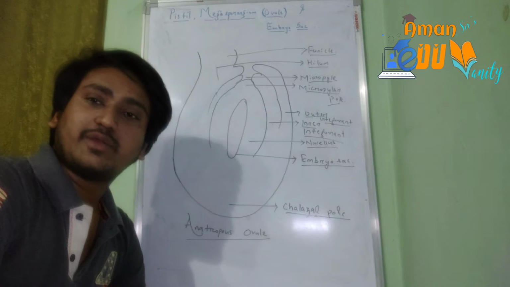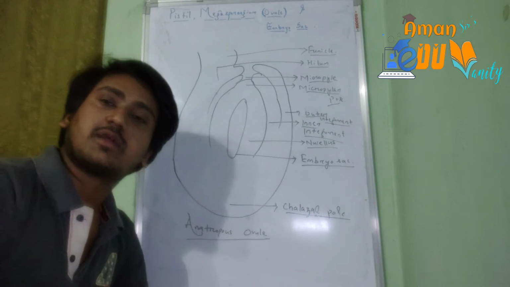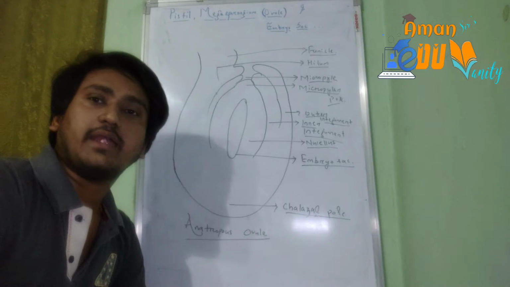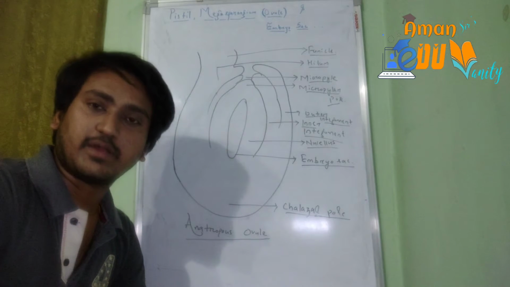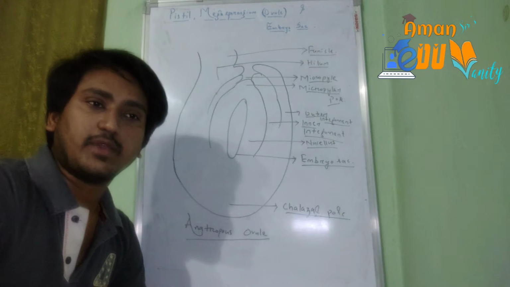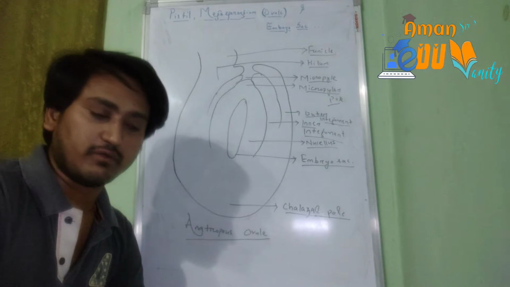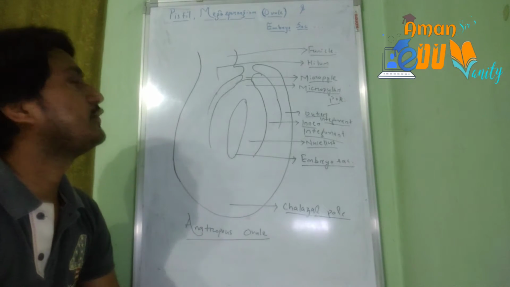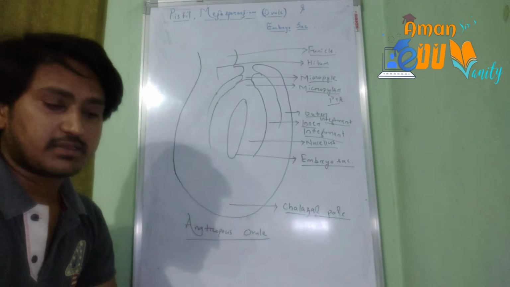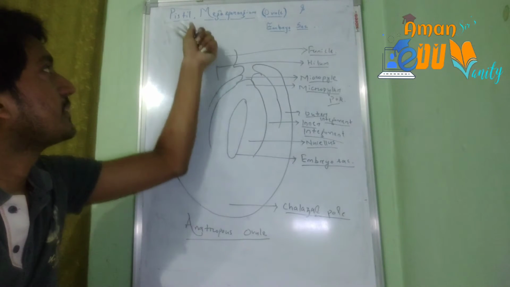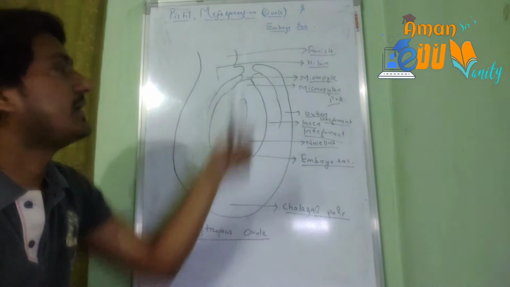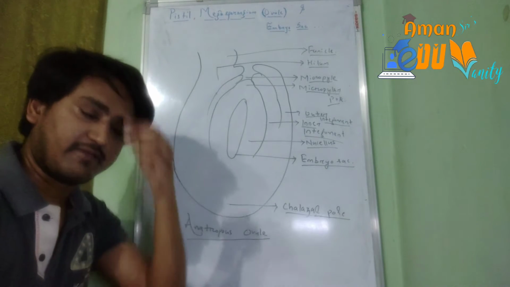In the previous video of this chapter, we have discussed the flowering plants, the flower as a structure, and we have also discussed the male reproductive part of the flower, that was the pollen grain, how they are formed. All was discussed in the previous video. In this video, we are going to continue with the female reproductive parts. We will study the pistil, the megasporangium, or the ovule, and how it forms the embryo sac within it.